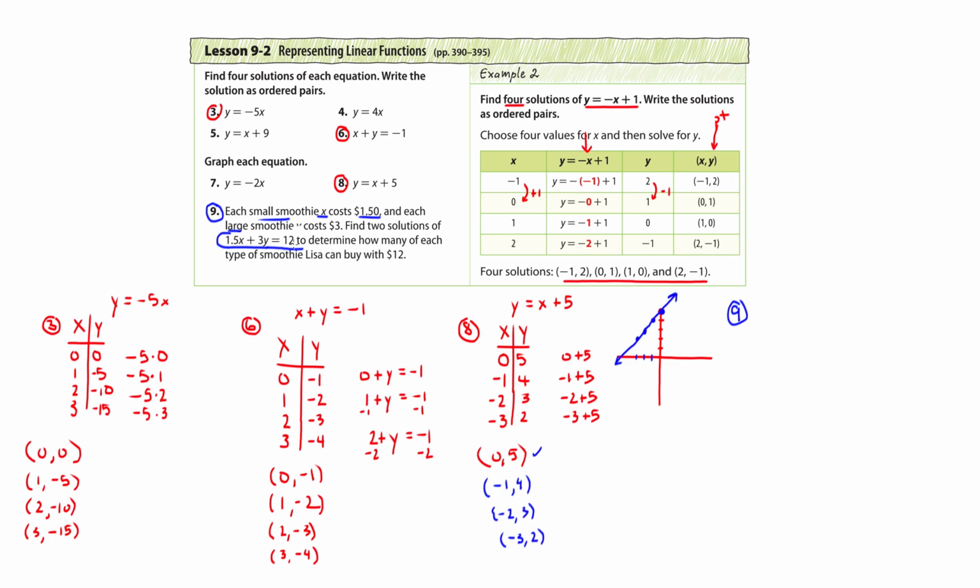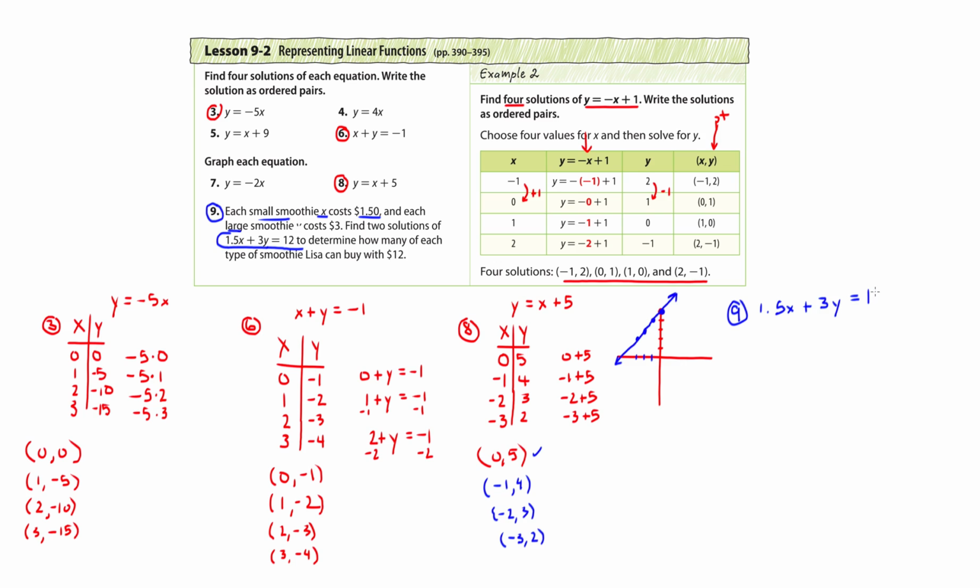So that 12 is the total, and we see from the rest of it here, she can buy some, and it says with 12 bucks. So she has $12, and we're trying to figure out how many smalls and larges she can get for that $12. So I'll rewrite my equation here, 1.5x plus 3y